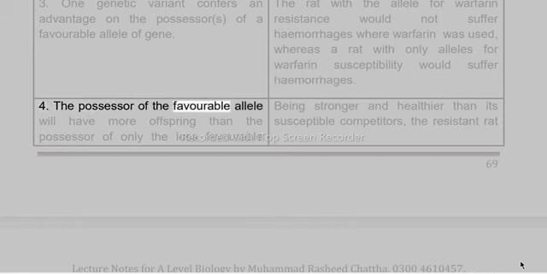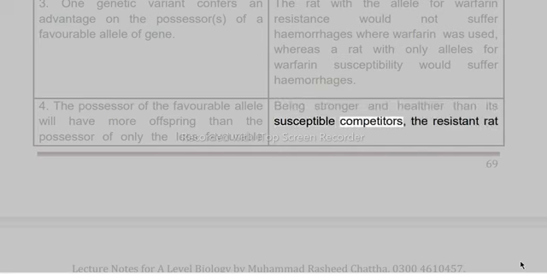4. The possessor of the favorable allele will have more offspring than the possessor of only the less favorable. Being stronger and healthier than its susceptible competitors, the resistant rat